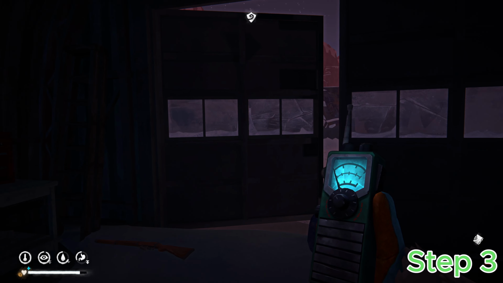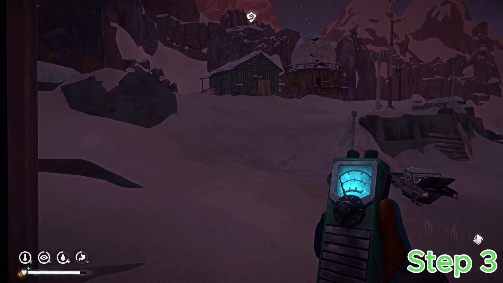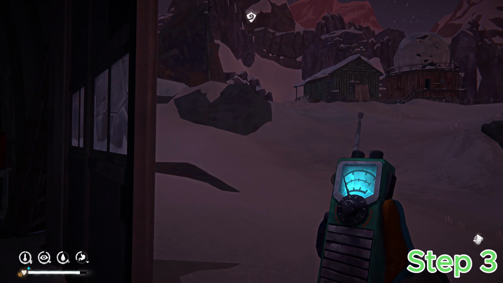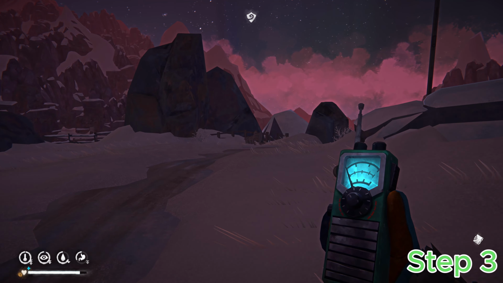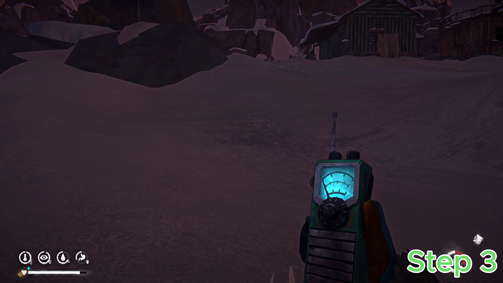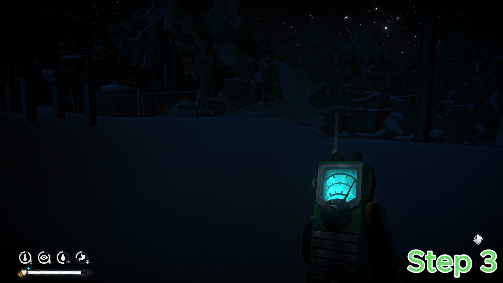Step 3. Once you have made it to the weather station, you're going to need to wait for either an aurora or glimmer fog in order to reveal the first objective. As a little note up here, there's a possible rifle spawn and there's also a safe. So once you've got an aurora or glimmer fog, using the signal radio, this will lead you to uncover a